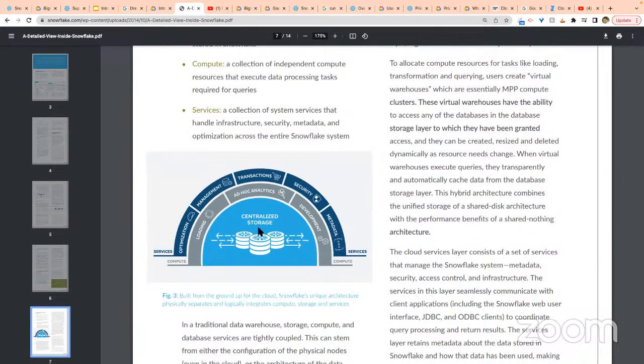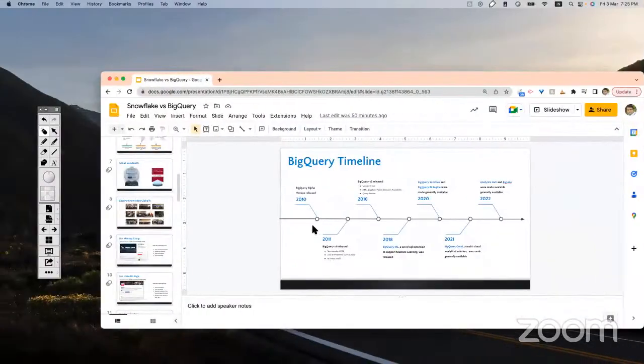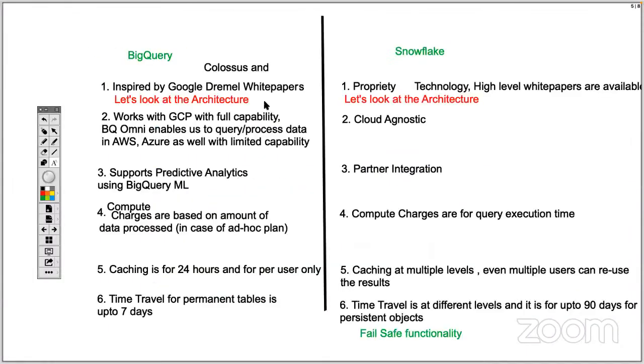So there is centralized storage, and then there is another layer. So this is the centralized storage layer, this is the compute layer, and there is the cloud services layer. So this is a multi-tier architecture. And here we can see we have compute. I'll explain it in a more detailed manner, but I just want to relate that when we talk about